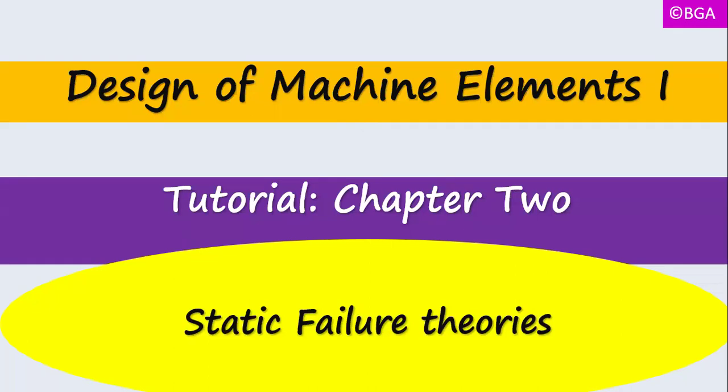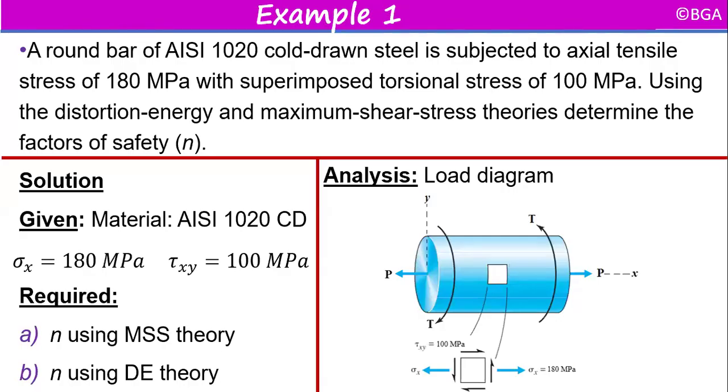Hello students, this is Design of Machine Elements 1. This video is a tutorial on chapter 2, which is static failure theories. So we will solve a couple of problems on how to use static failure theories that we have learned in class. So the first example here,